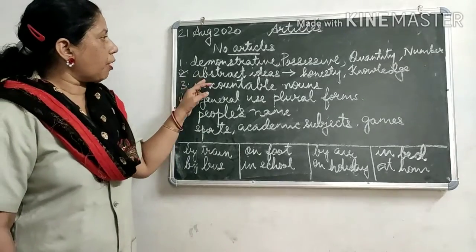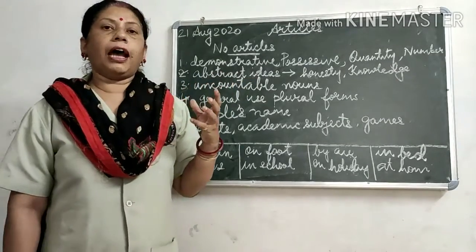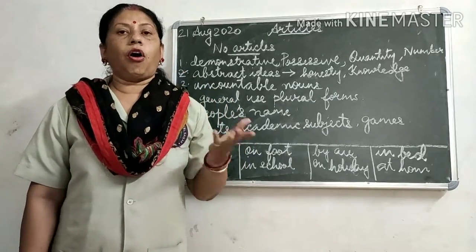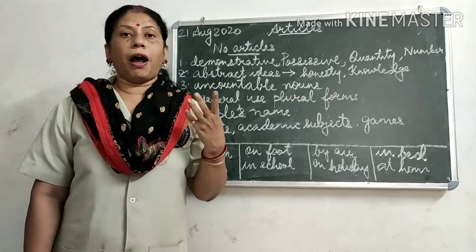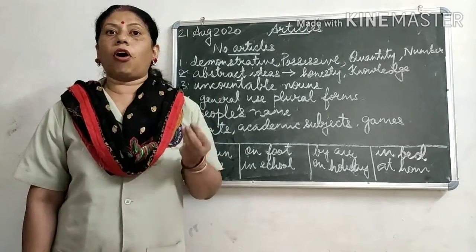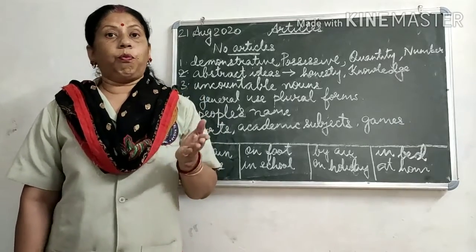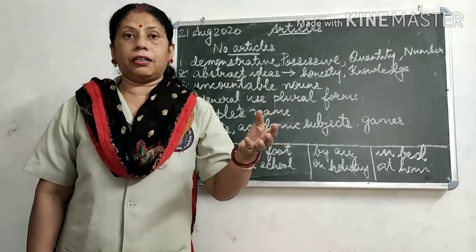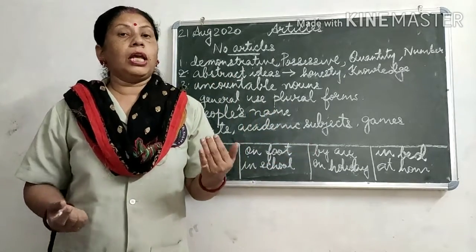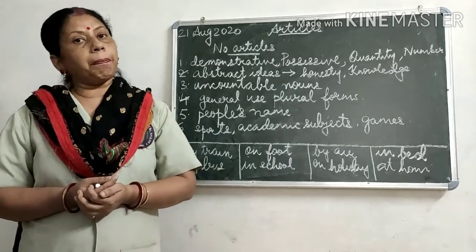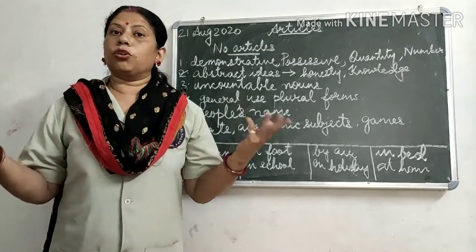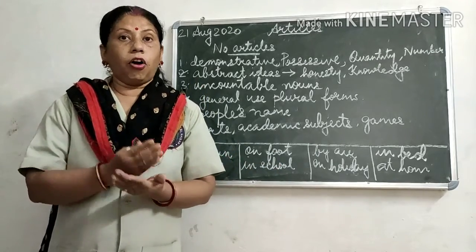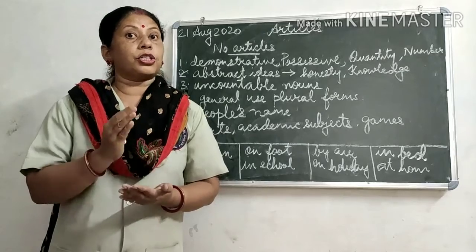Then you see about the abstract ideas, okay. Now we have the abstract nouns when we talk about that. So you have truth, honesty, knowledge. Before these words normally we do not use articles. But when we talk specifically of a particular person, then only in certain cases we will be placing one. Knowledge is good for all. So that is general, we are talking in general. The knowledge that you acquire every day is good for you.